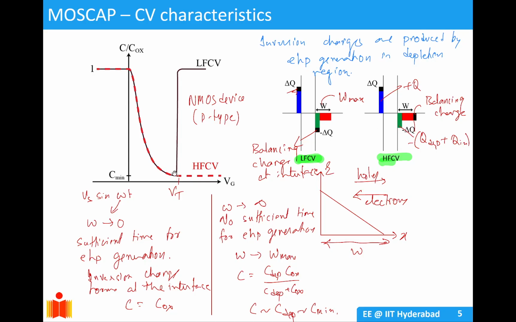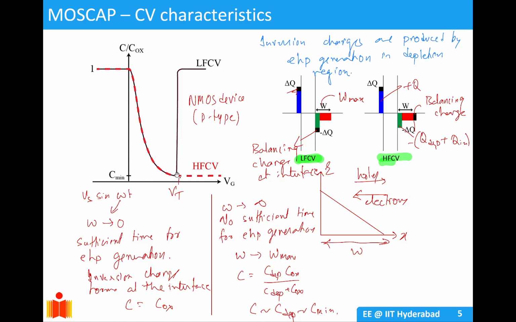This is called high frequency CV, and you will see the depletion capacitance effect in your total capacitance. But since in the inversion region your depletion region stops increasing,